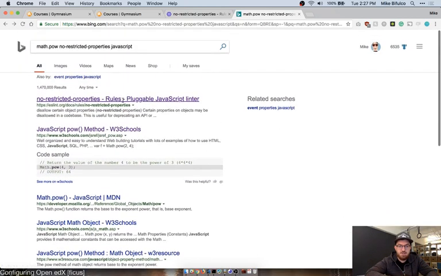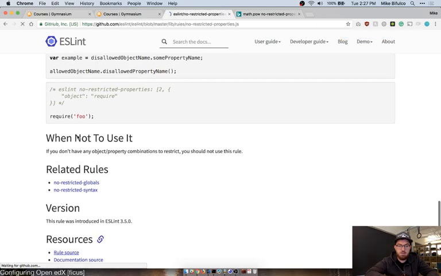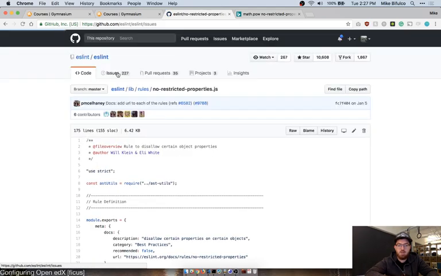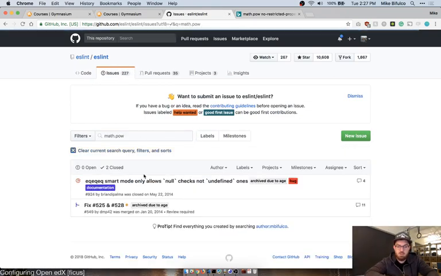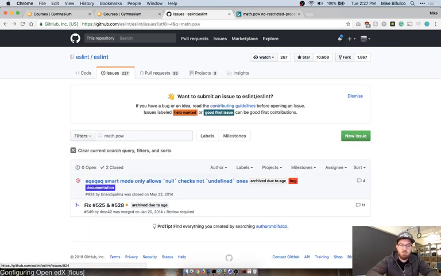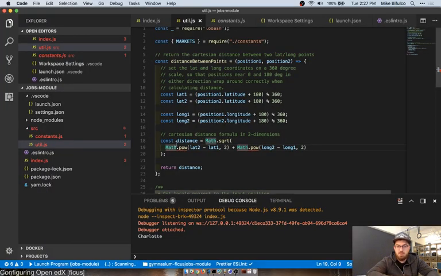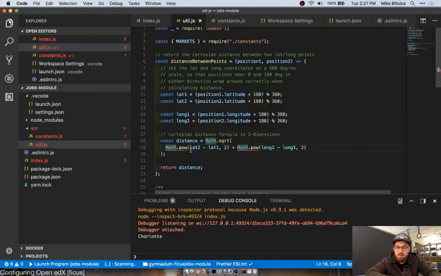I often like to get to a good explanation for what's going on. Usually you can search for that in here. Okay. Well, the theory then is that I can use the exponent operator instead. So let's try that.